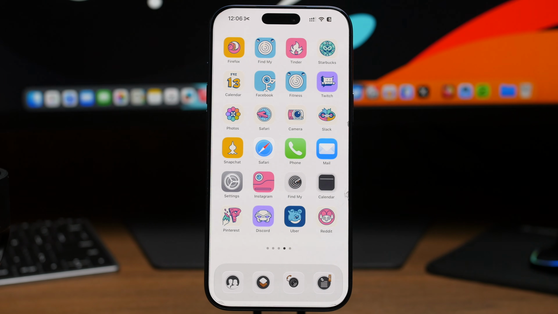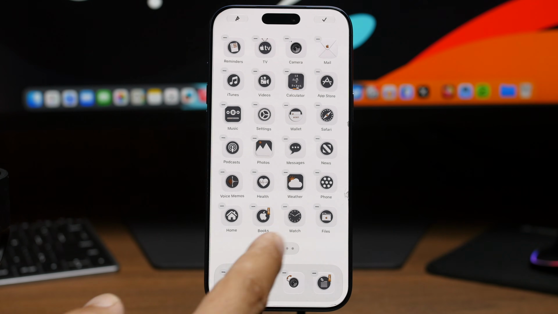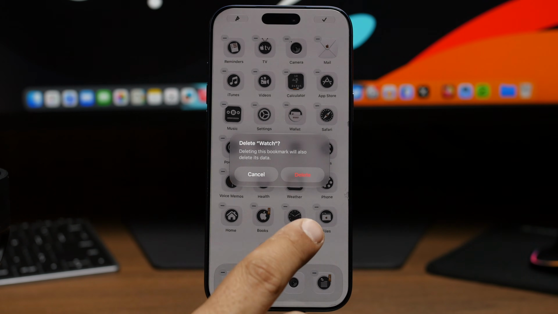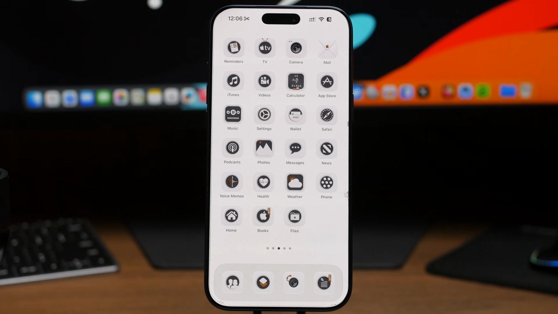Now whenever you want to remove it, you will have here a few different things that you can do. So if you just want to remove certain icons, like delete them, you can just delete them, as easy as that. Or if you want to completely remove the theme from your device, all you have to do is get